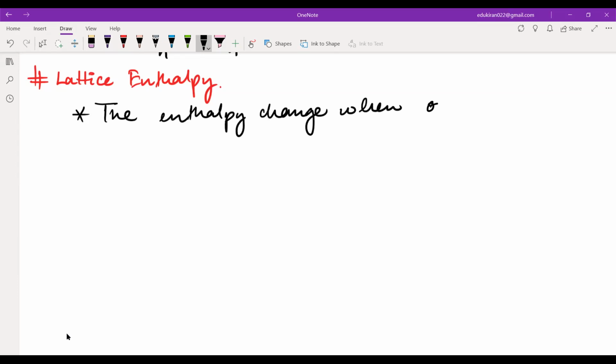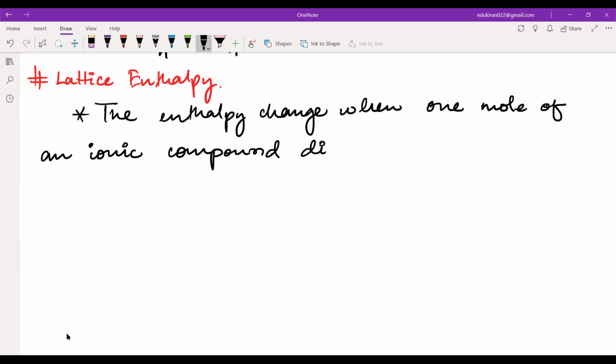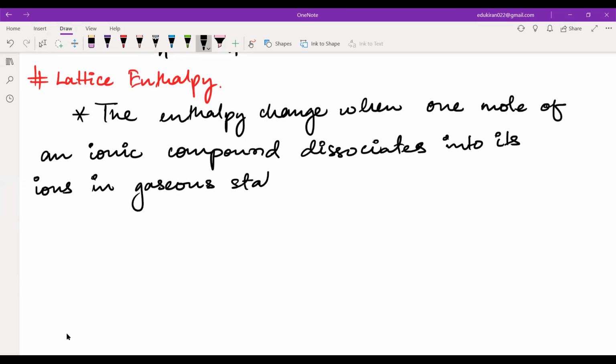when 1 mole of an ionic compound dissociates into its ions in gaseous state. So what we are trying to do, we are trying to have NaCl, that is solid,